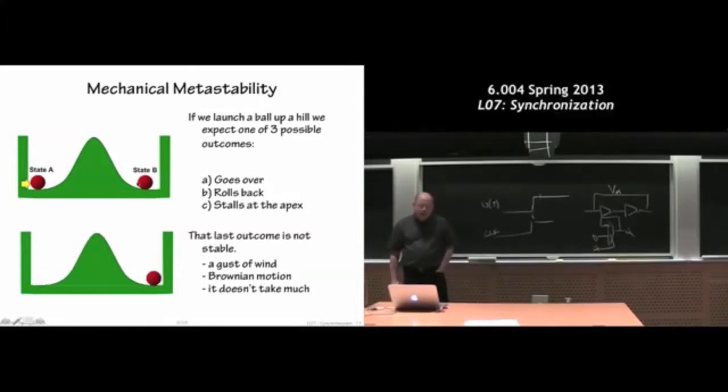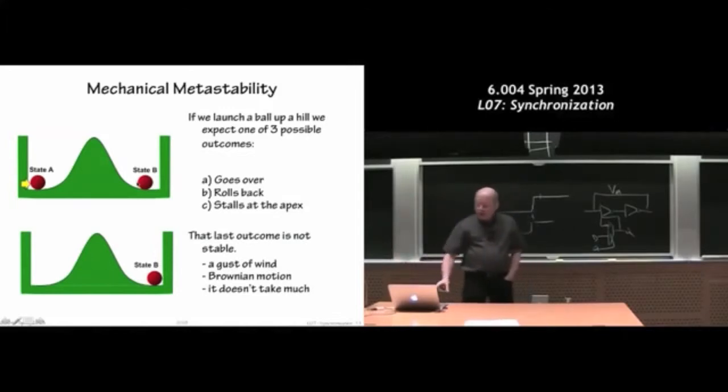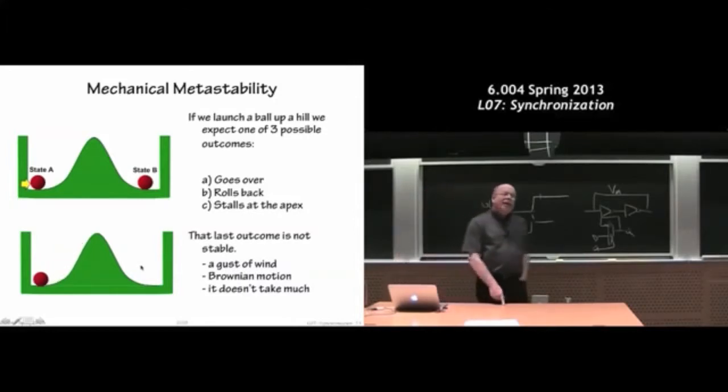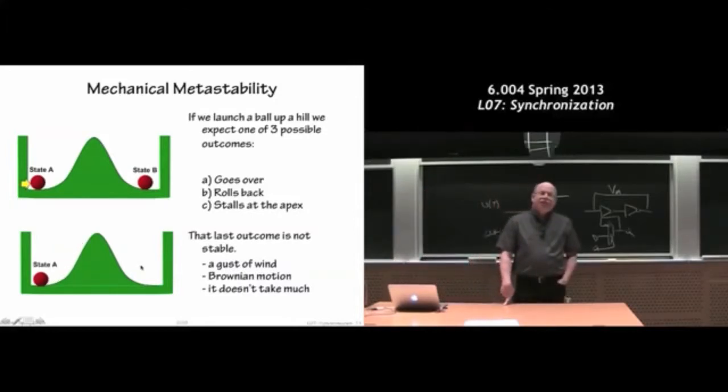So, in one situation, I give the ball a big push, and it rolls over the top and settles down at the bottom. And now it's going to stay there. At least in the sort of physical experiment I've outlined, when I give the ball a single push, once it's over here, the push is over, there's no further changes in the state of the system that I expect. If I don't push hard enough, maybe the ball will roll up the side of the hill and roll back down. So far, so good.